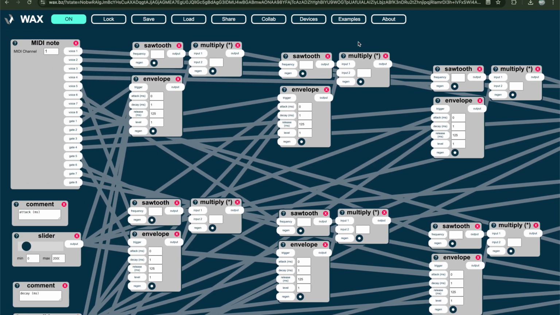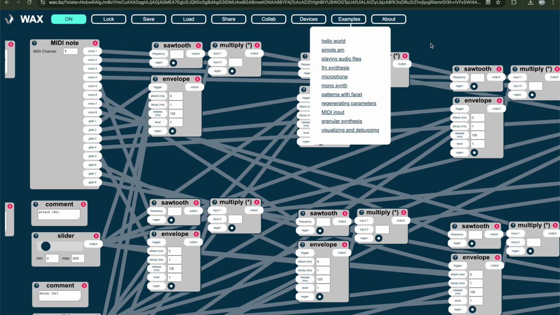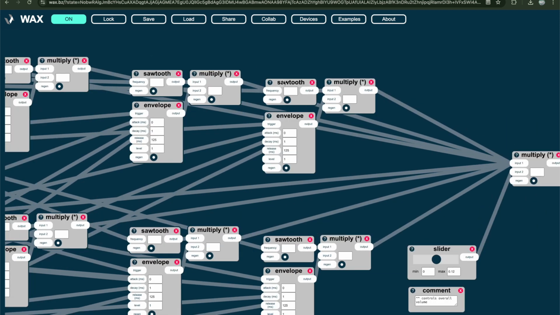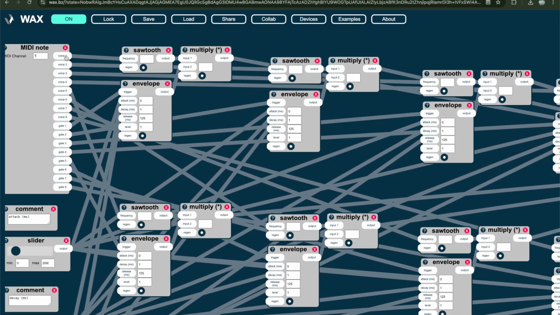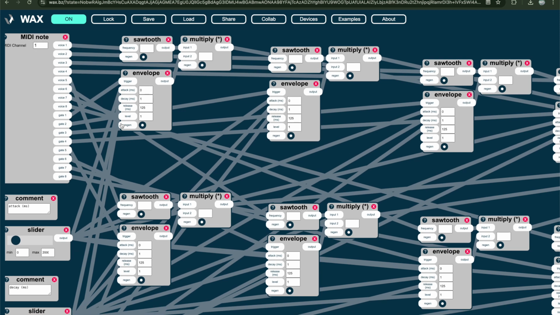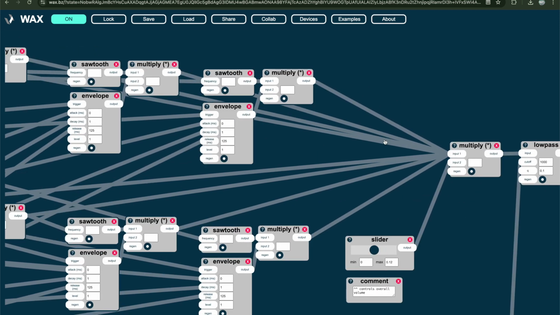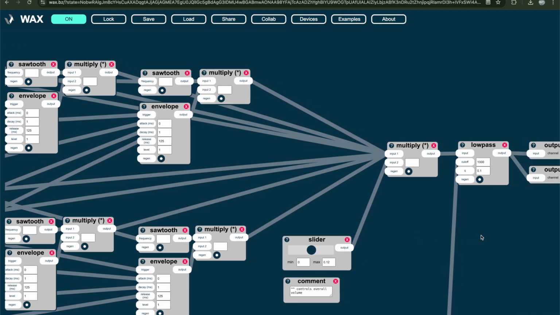So in this particular patch, which comes with the examples over here, this one's for MIDI input. And you can see that there are 8 different MIDI polyphony channels here that are all connected to 8 different sawtooths. And each of those voices, when they receive a MIDI note, they also send a little trigger out this gate. So essentially, whenever a note is received, it will go to one of the 8 sawtooths at the frequency of the note that was played and trigger this little amplitude envelope. And then all of that gets connected together into this single master gain output here,